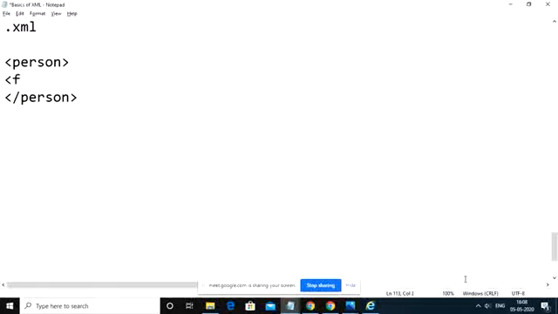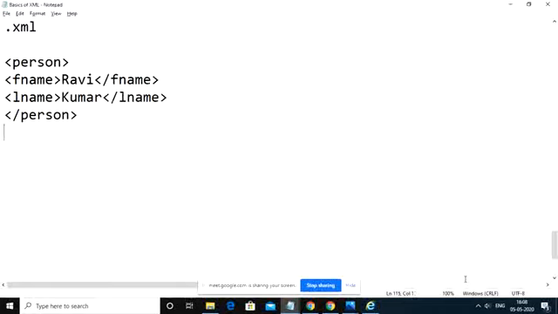Inside this I am going to take two more tags, fname /fname, then lastname /lastname. Inside first name I am taking Ravi, and last name Kumar. For the person I am adding one attribute called gender, and I am assigning the value male.